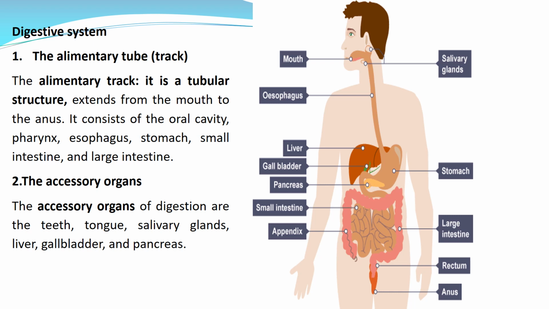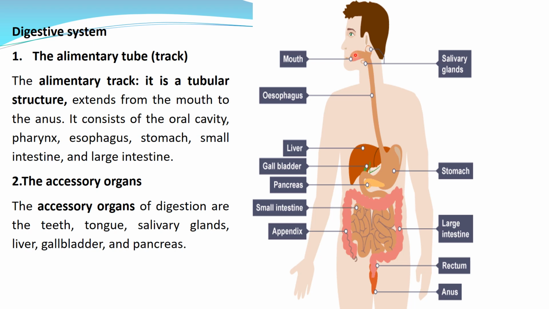a tubular structure, extended from where it started, as you see here, from the mouth or the oral cavity, and ends up with the anus. We follow it as the GIT. So it is made of the